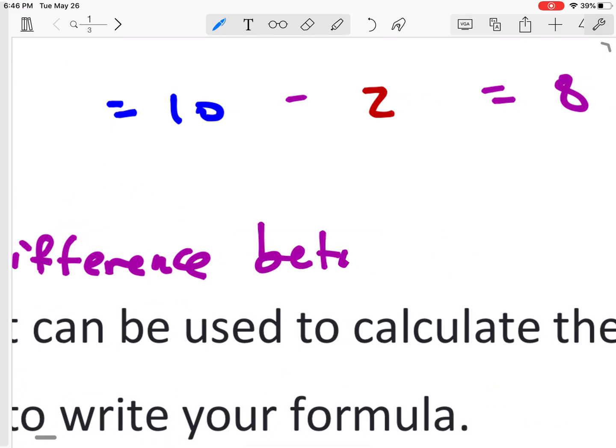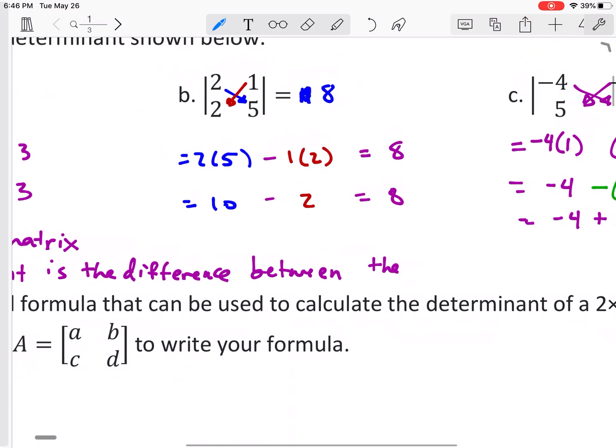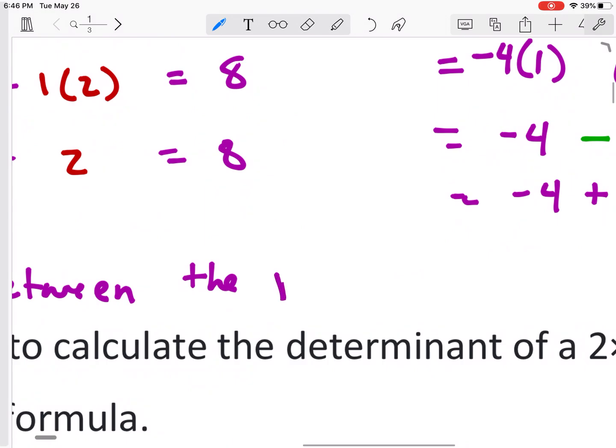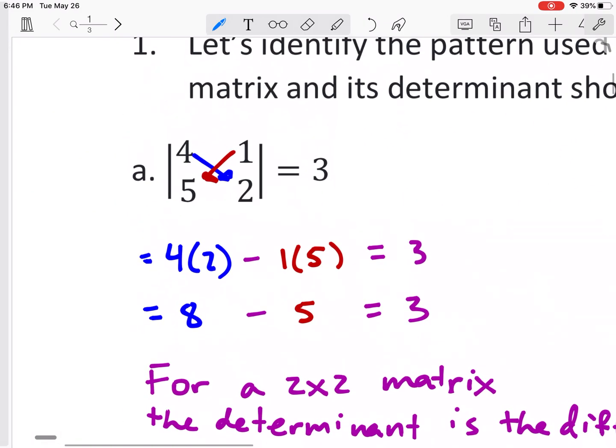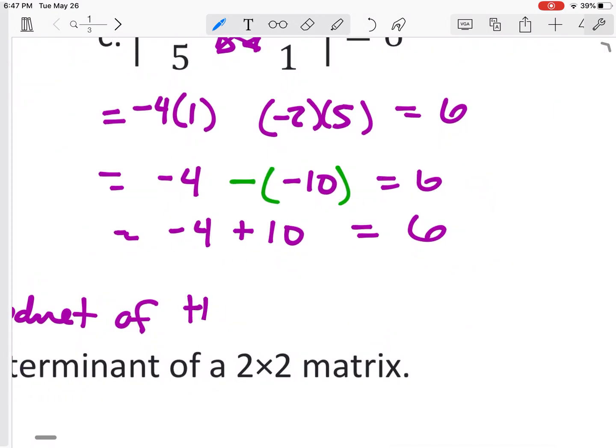Between the product, because we're multiplying, of, well, the first product we got was 4 and 2 in this case. This is the main diagonal going from top left to bottom right. This diagonal of any matrix is our main diagonal. So the product of the main diagonal